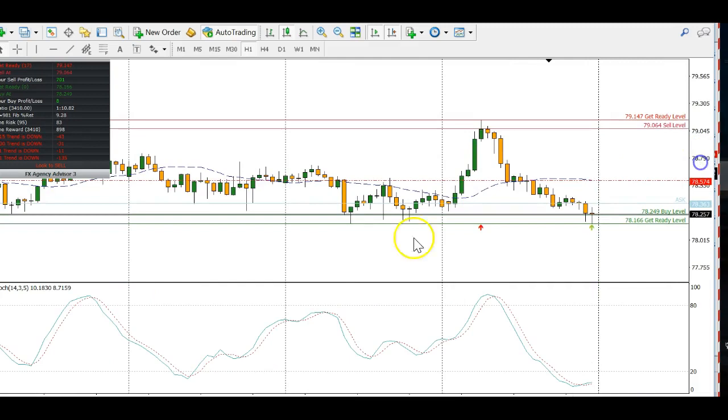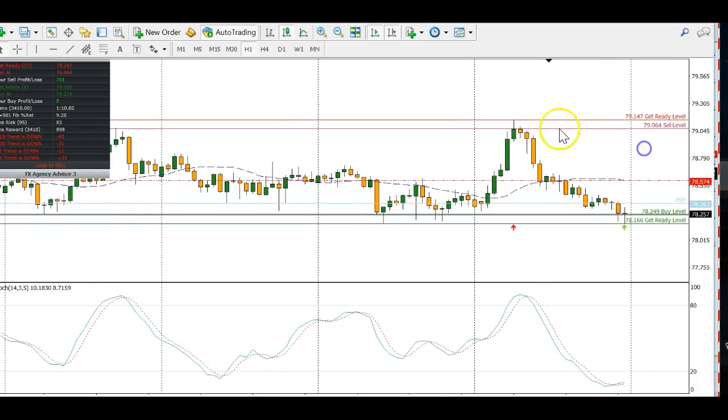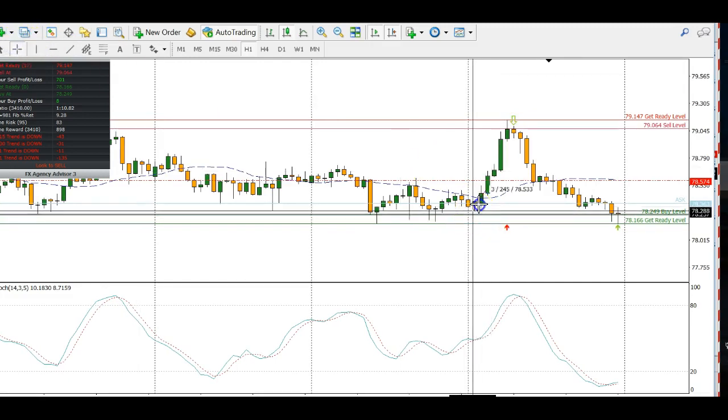Here's another example, New Zealand yen. We have a sell signal on the advisory all the way up here, and understanding price action definitely helps because this is an inside bar. The market rallies all the way up, gives us about 83 pips. Then an inside bar